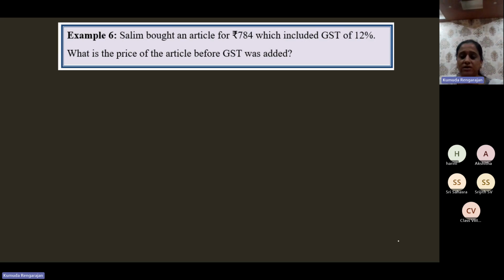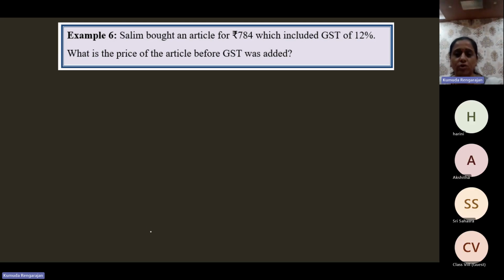Okay, we'll just do this and wind up the session for today. Salim bought an article for rupees 784, which included